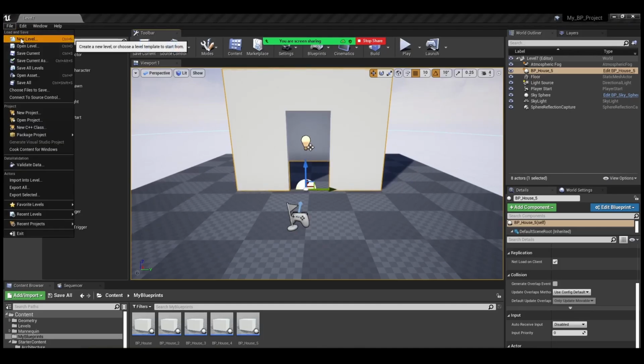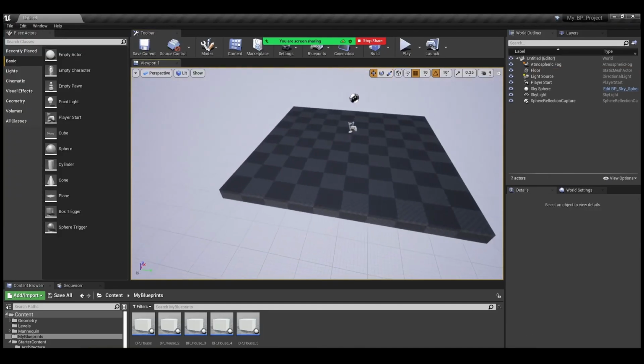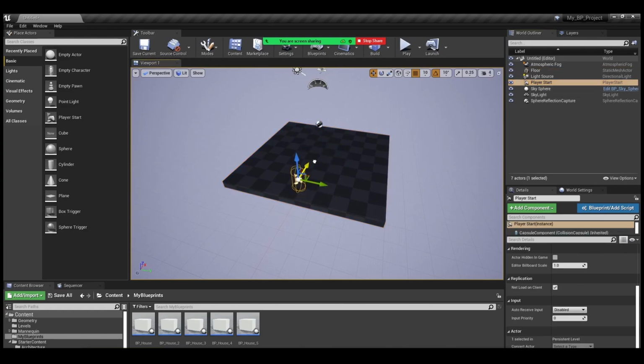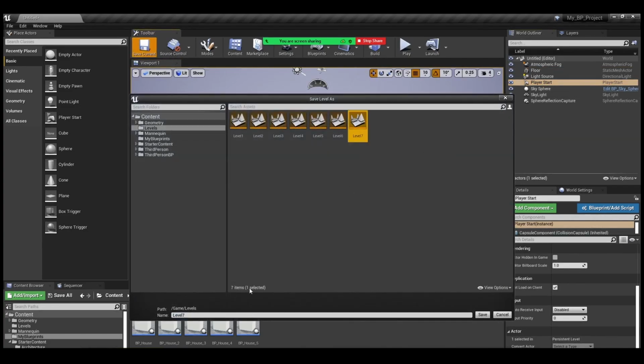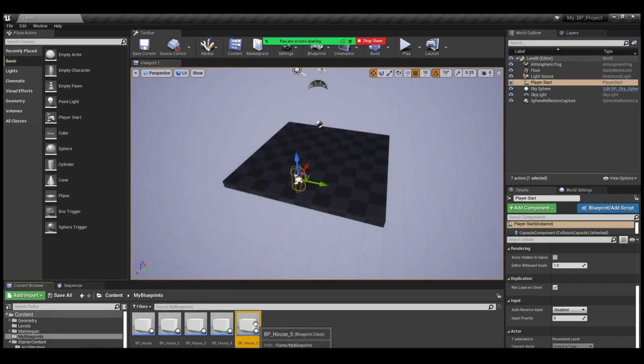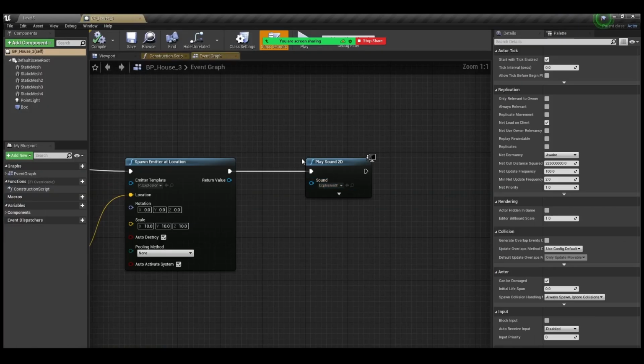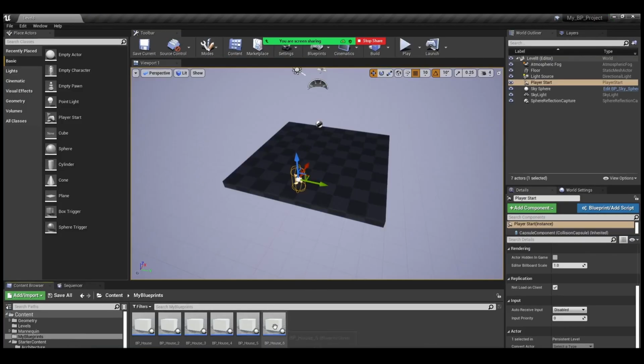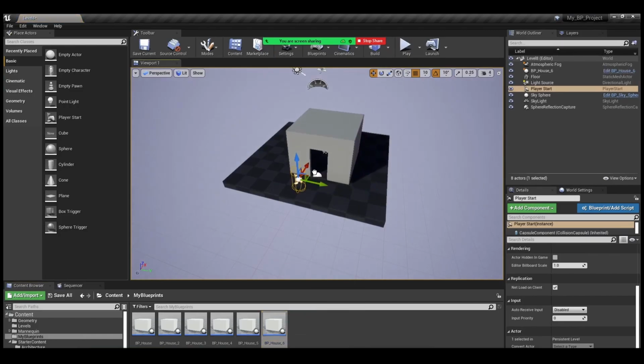Create a new level. Select the player start. Saving the level right away. Level 7. Naming it as 8, and save. Remember, for the class purpose, I'm making it with separate blueprints. You can do it with a single thing. Okay, no problem. Don't get confused. Okay, so now here,